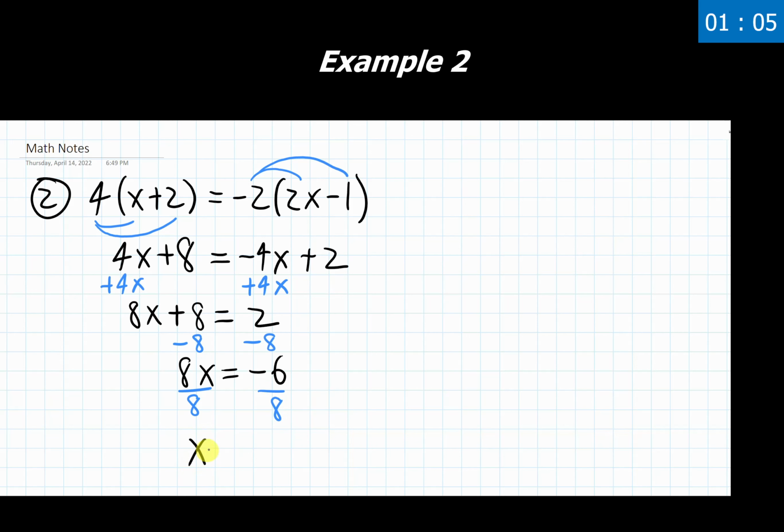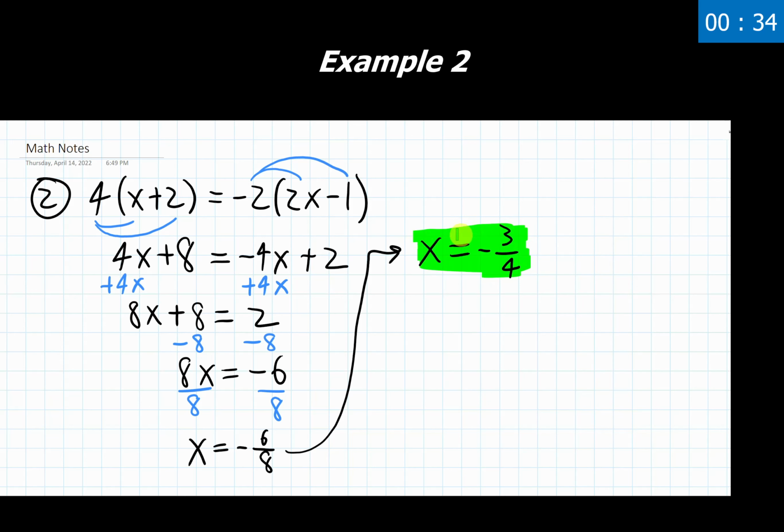I'm getting x is equal to negative 6 over 8. Make a little arrow here. Finish this thing right off to the side. I can never have a non-fully reduced fraction answer in these problems, so I have to reduce this thing down. This negative 6 over 8 is going to become negative 3 over 4. And now I'm at a point where I have one single answer that's showing up, kind of our standard issue x equals a number answer.